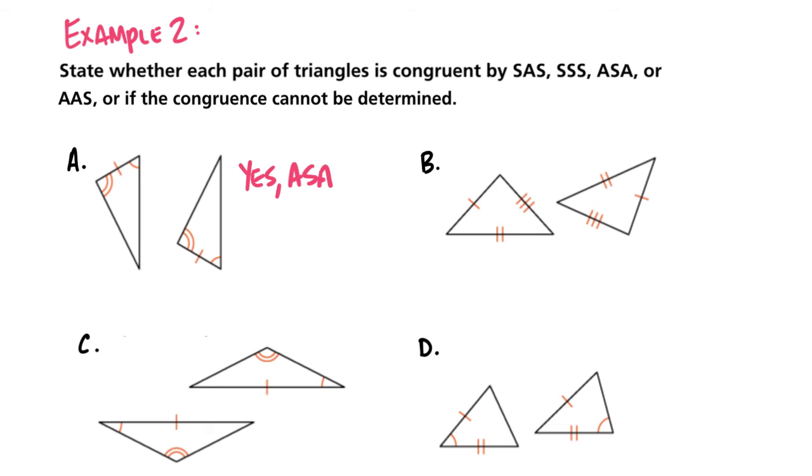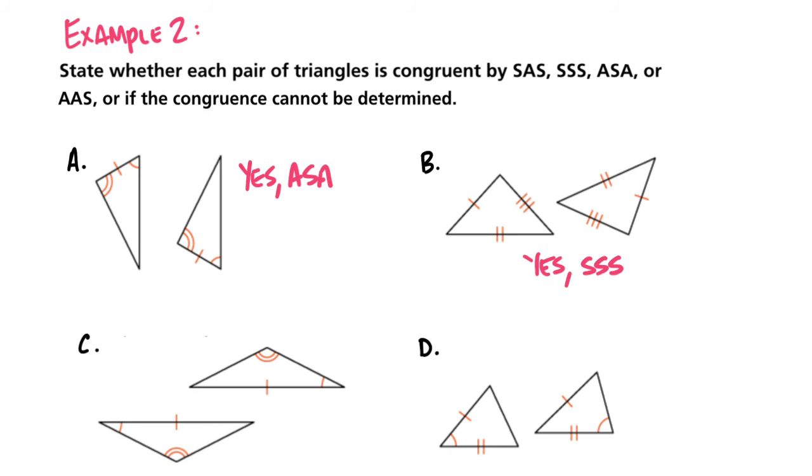If I go to B, I'll notice that on the left-hand triangle, all three sides have the marks on them. This side is congruent to this side over here, this one is congruent to this one, and this one's congruent to that one. And on the triangle on the right, all three sides have the marks. So that tells me, this is a pretty easy one, that these two triangles are going to be congruent by